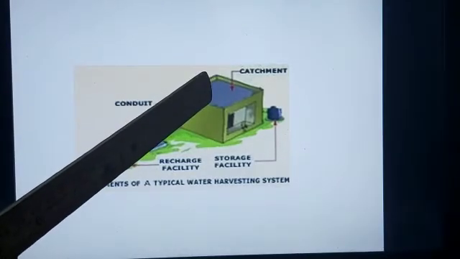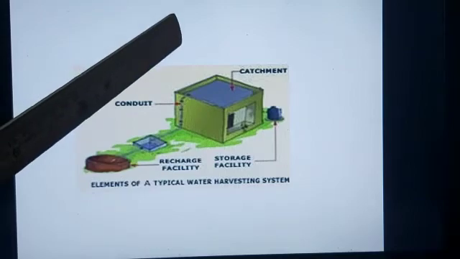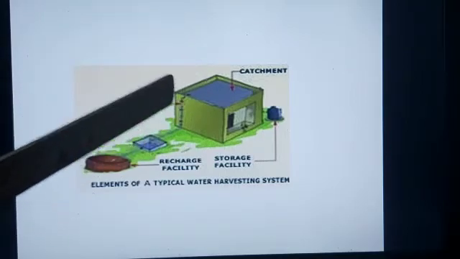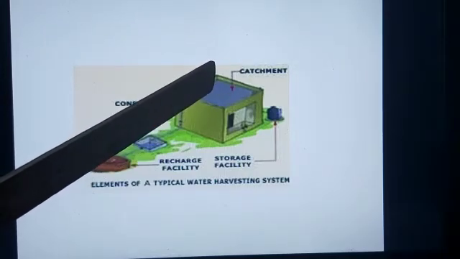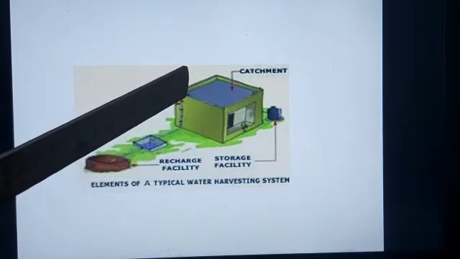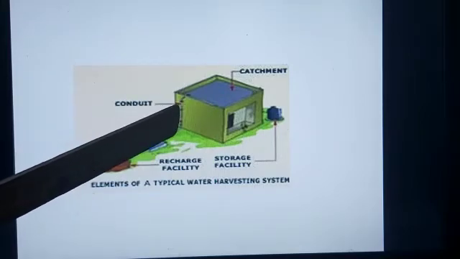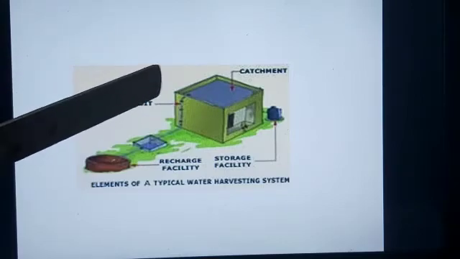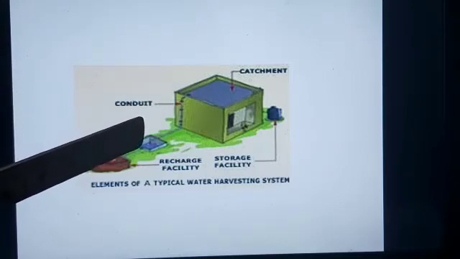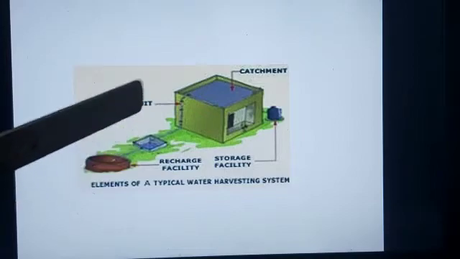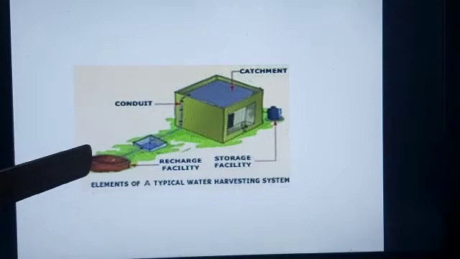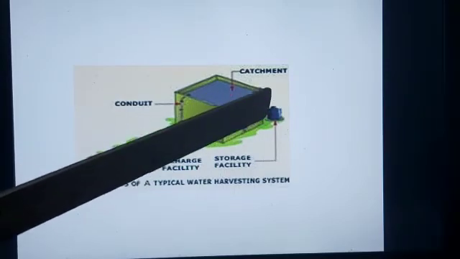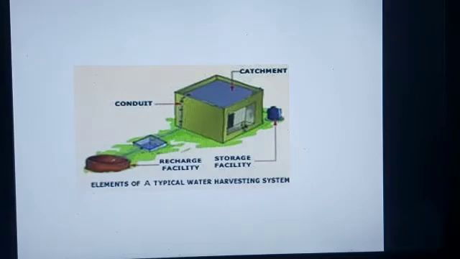So here this is a catchment area. The water that is falling on the rooftop here, this water is collected. This is a conduit or the pipe which is collecting the water. So the water that is falling here, the entire water is coming this side. It is being collected from this pipe, and from this pipe the water is moving here, and it is first getting collected here in one pit, and from here it is getting collected in the recharge facility. And you can have one more facility called storage facility, where the water can be used for gardening purpose.